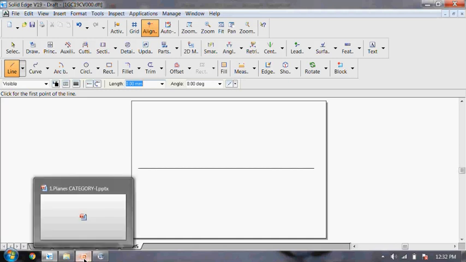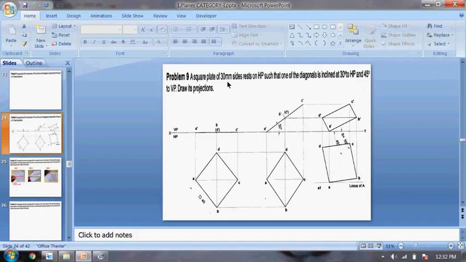So again there is a mistake in the textbook. The textbook says it's a square plate of 30 mm, but in the problem it is showing 40 mm. So we'll go ahead, but don't depend on the solution; you should depend on the text. In the examination, whatever dimension is given in the question, you should use that dimension.